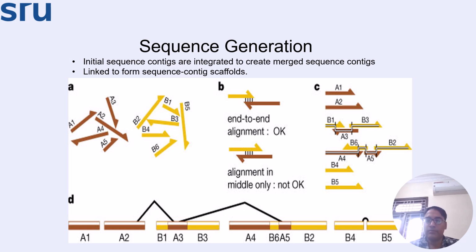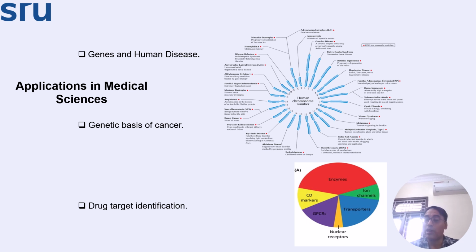See, this is the same concept which I was telling. How do you link it? So this end-to-end alignment is there. See, if the overlap is in the middle, it is not okay. But if it is end-to-end alignment, you can always link it further. Such things were discarded, such things were taken forward. And all this was done by computer with human intervention, so as to properly give the segments. Only overlaps were needed so as to properly confirm.